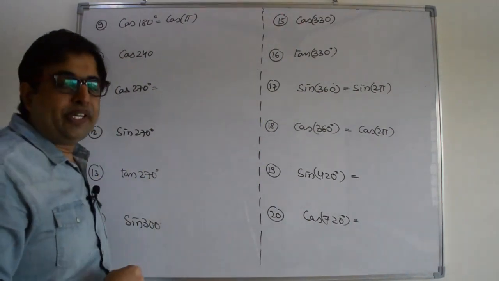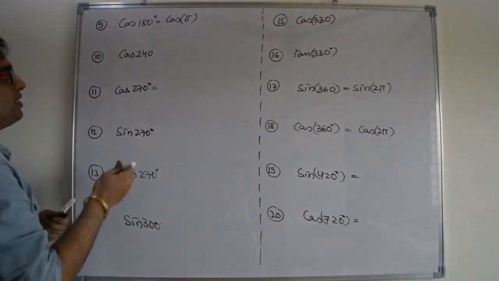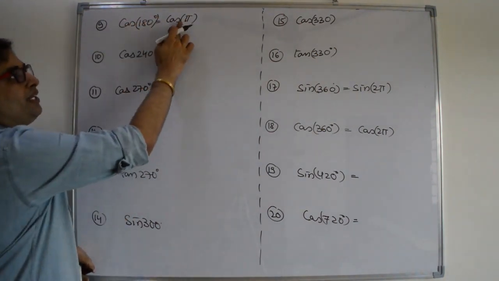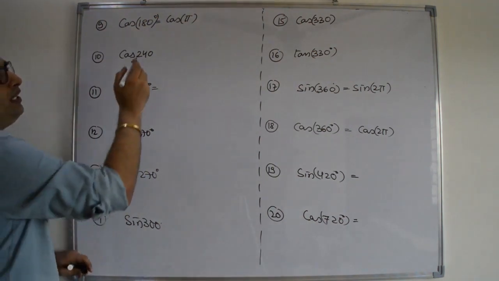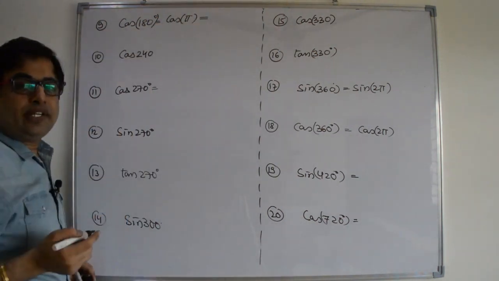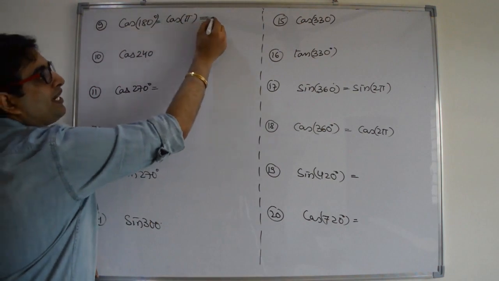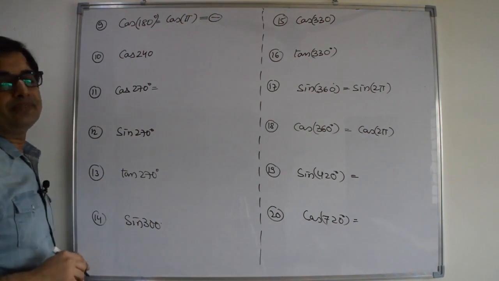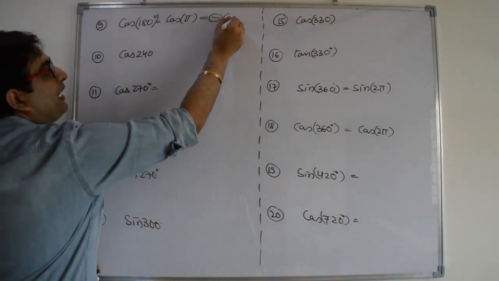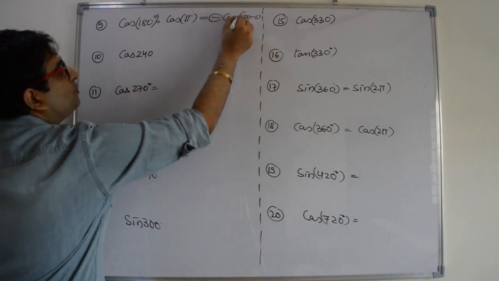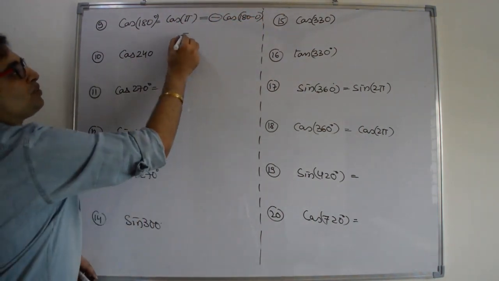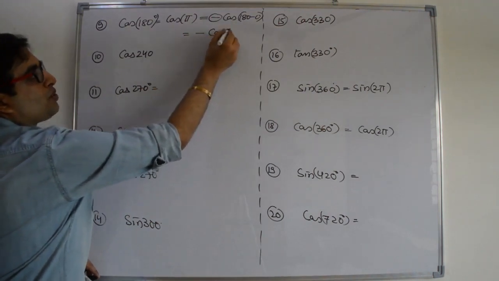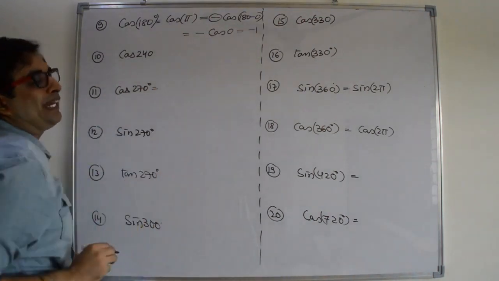Let us take a few more examples. Next is cos 180 degree, or you can say cos pi. This is in radian, this is in degree. Right? First thing, check the quadrant. 180 degree is in the second quadrant. ASTC, sine is positive, so cos will be negative. Right? Break the angle: 180 minus 0. So it will be minus. Whenever we have 180, cos will remain cos. So it is minus cos 0, that is minus 1.